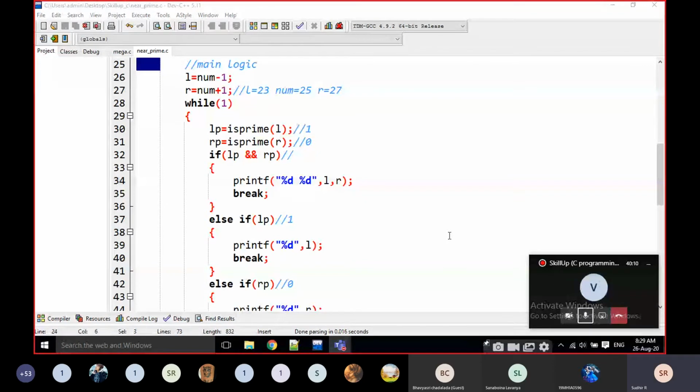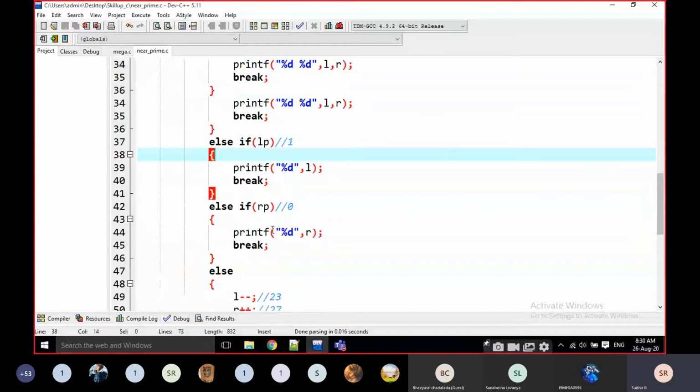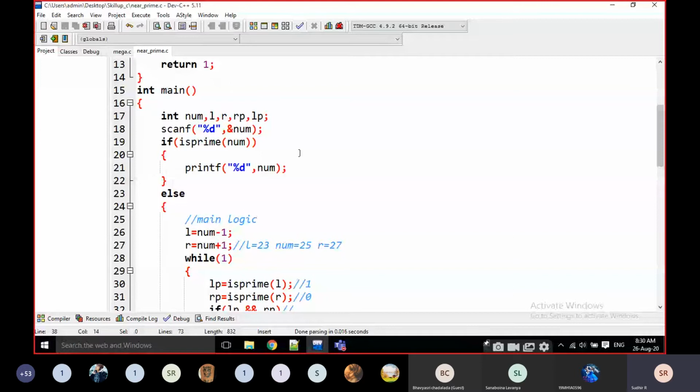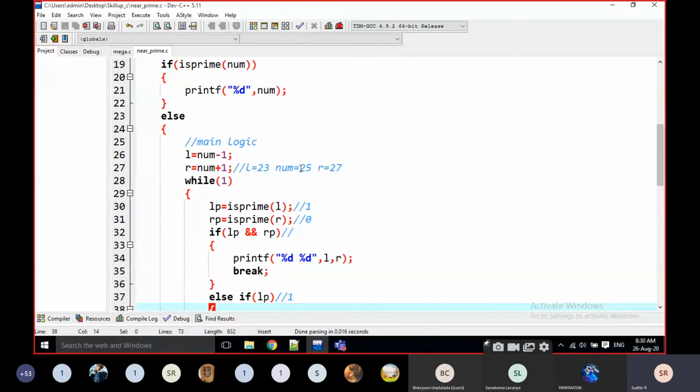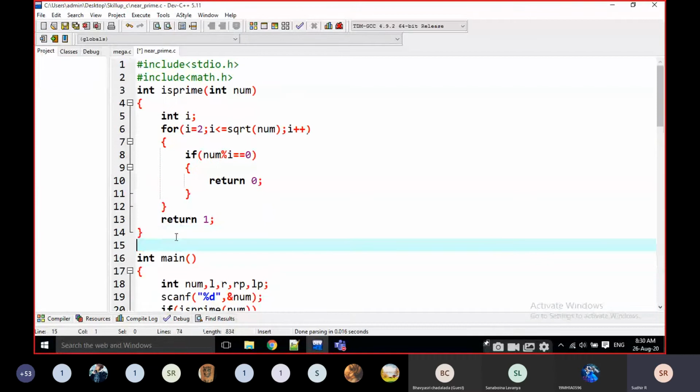In this way, we are going to find the nearest prime. We have to write the same thing in the functions also. Now I am going to convert the total concept, the logic, which we wrote in the main function, into functions. I am just converting that total code into a nearest prime function.